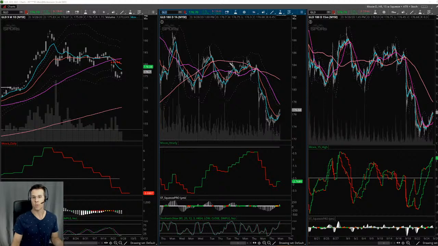So you can see here we just pinballed between the 50 and the 200, and then we finally got underneath the 50 and came down. This is the kind of stuff that I talk about. This is an inverse trampoline move. The Moxie indicator was in negative space the entire time, telling us that even though it looked like price wanted to go up along these moving averages, the Moxie indicator was negative, so energy was negative, and it was likely that this thing was going to come back down like that. So I took one little quick trade, didn't work out, no problem. Then I just missed out on all this, and I don't really want to take a short trade on this.